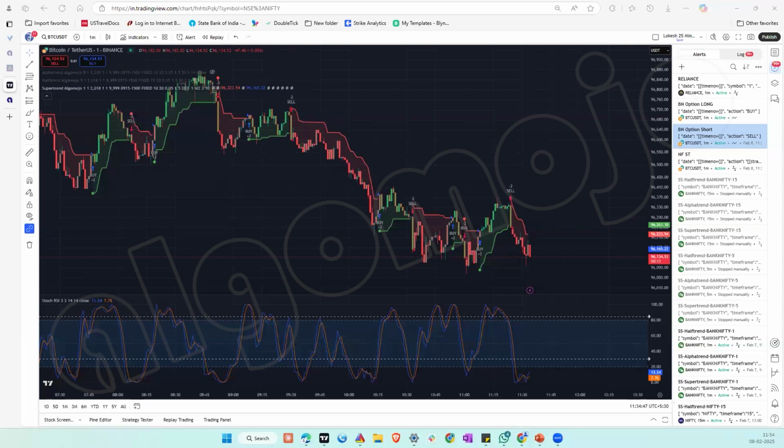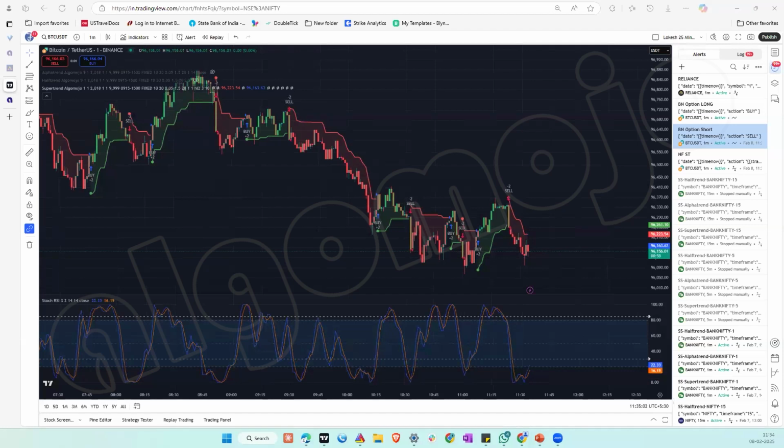That's right. So when you're creating an alert, for example, ABB, your ABB chart should be open, and then you create an alert. After you create the alert, you can then move to Bharti and open Bharti's chart, and then create an alert for Bharti. That's it. So whichever alert you are creating,